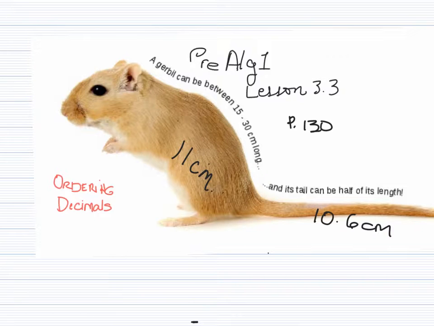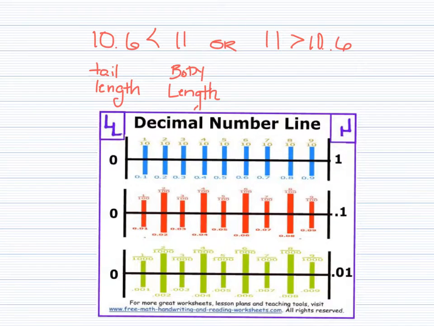Okay, so which one is longer? Well, hopefully you realize that the 11 is longer, but the tail isn't very far behind. And so here I'm sort of talking about the same thing. How would you write this? And we would write it that 10.6 is less than 11, or we could say 11 is greater than 10.6,